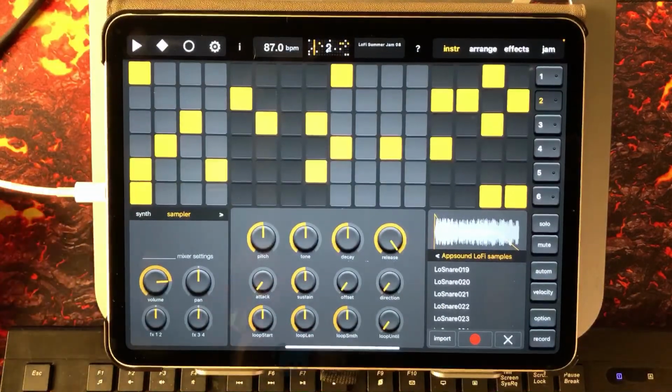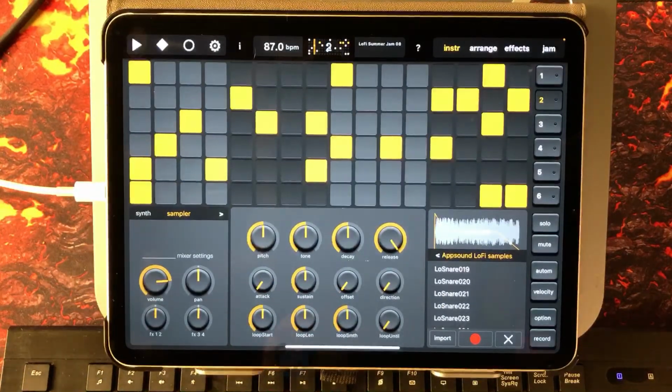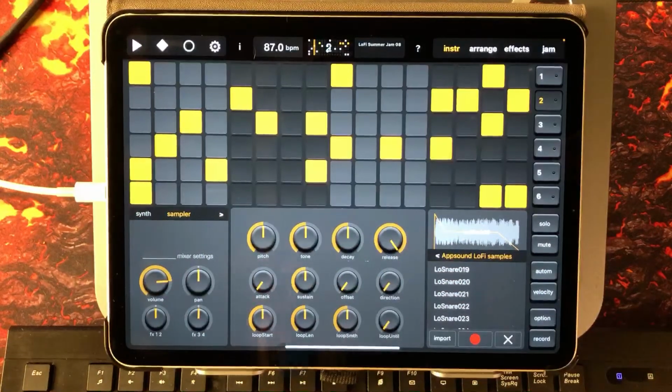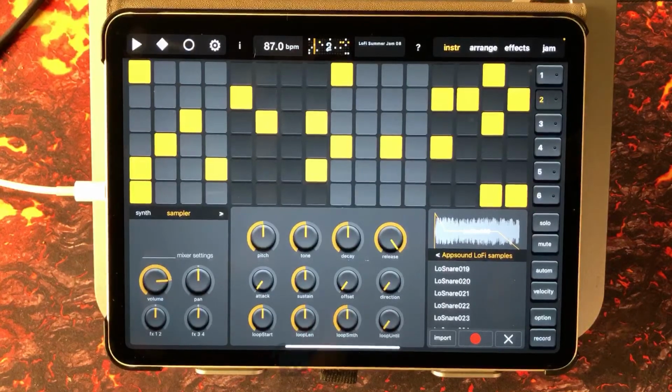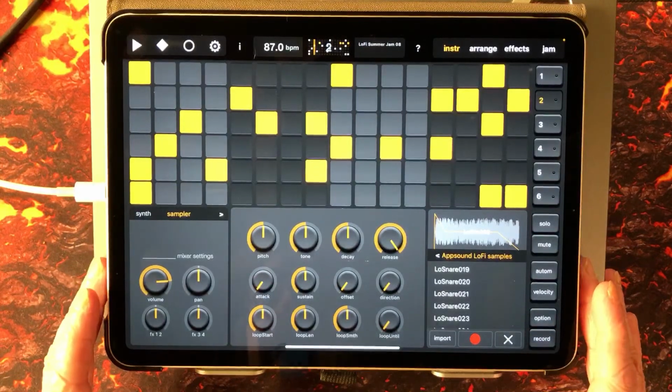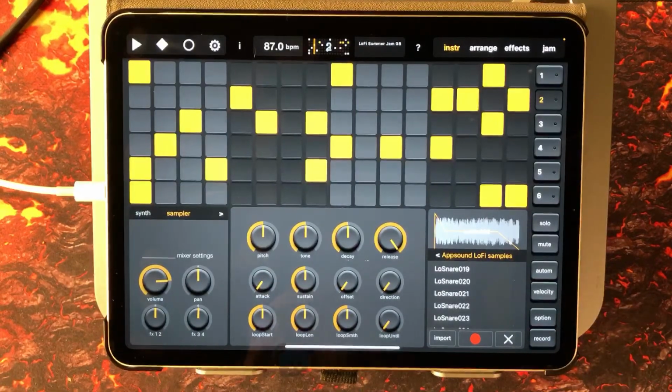Hello everybody, welcome to the sound test room. Today we are taking a look at the marvellous Elastic Drums. Anyone who watches me regularly will know I'm a big fan of Elastic Drums, have been since it first came out, and it's just been updated and now has a